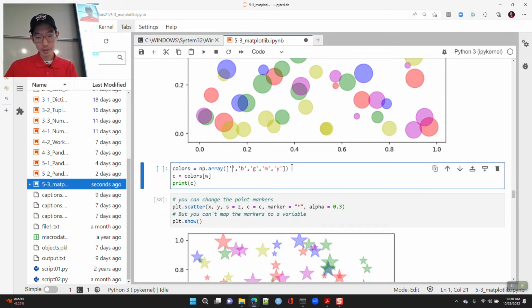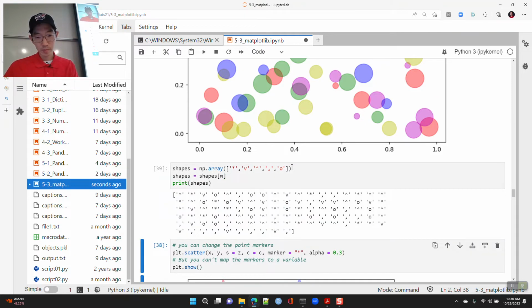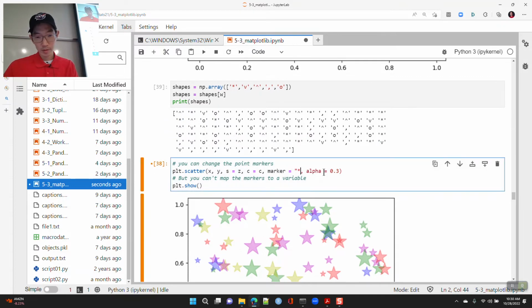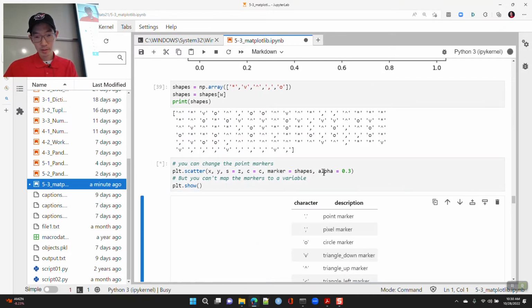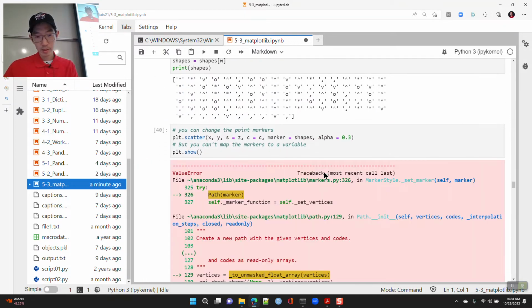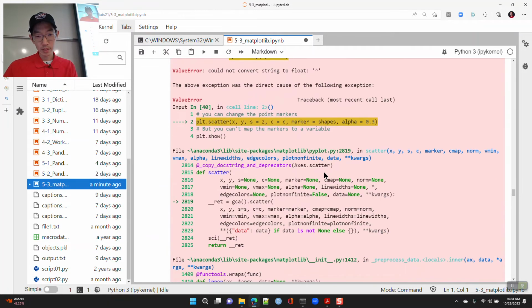So here we'll try star, triangle down, triangle up, pixel, and circle, and I'll call these shapes. Yeah, it doesn't like it.